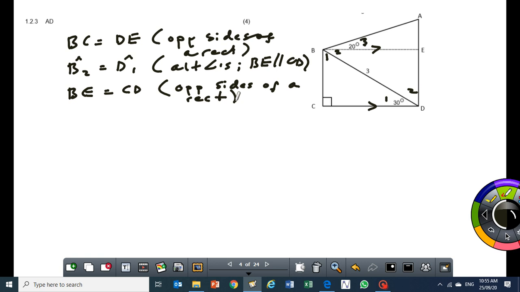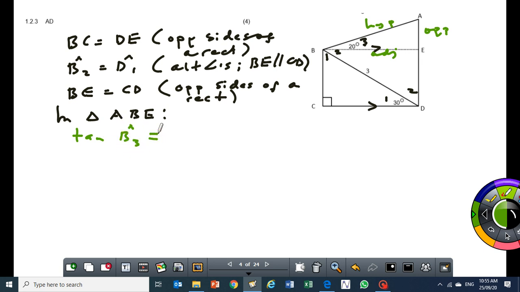Right, so from here, I'm going to say in triangle, let's start at the top, in triangle ABE, this is my opposite side, that's my hypotenuse, and this will be my adjacent side. So what do I want to calculate? I want to calculate that opposite side. So I'll use tan, because the hypotenuse is not given. So I'll say tan B3